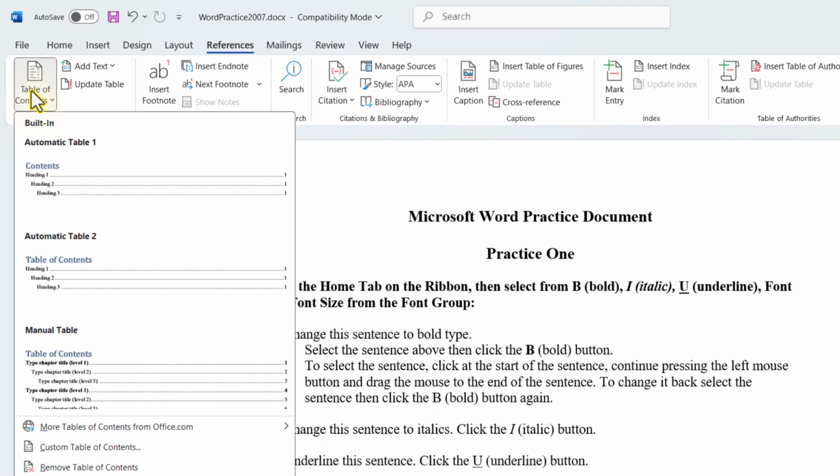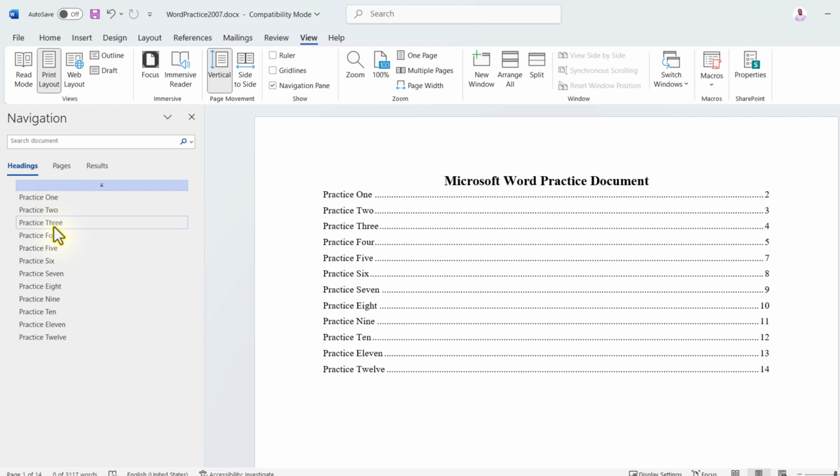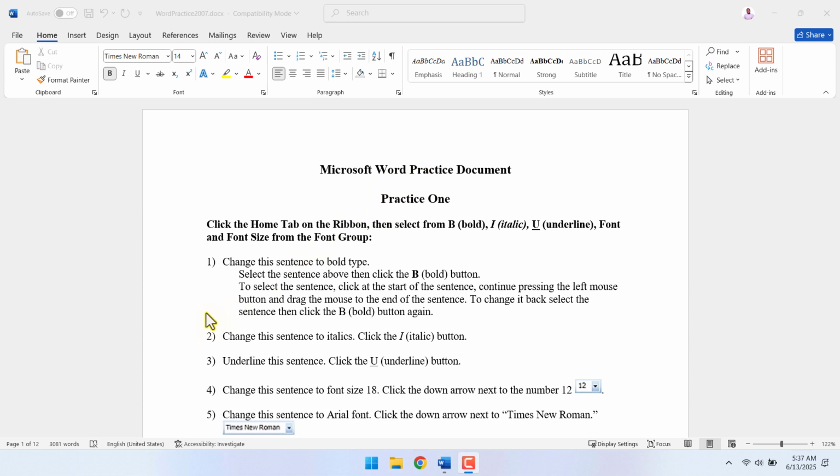So, you want to create a table of contents in Word? In this brief tutorial, we will guide you through the process in just a few steps. Let's dive in. Here I'm in Microsoft Word, and I would like to include a table of contents in this